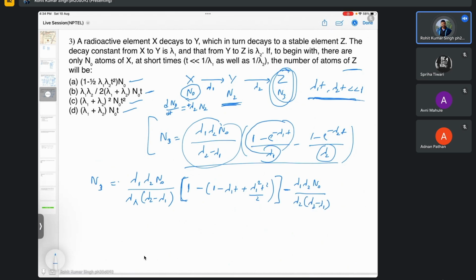So, you guys can also try on your own, or you follow my solution, so that if I make any mistakes, please let me know. And then multiplied by 1 minus, 1 minus lambda 2 t plus lambda 2 square t square by 2. Okay, now